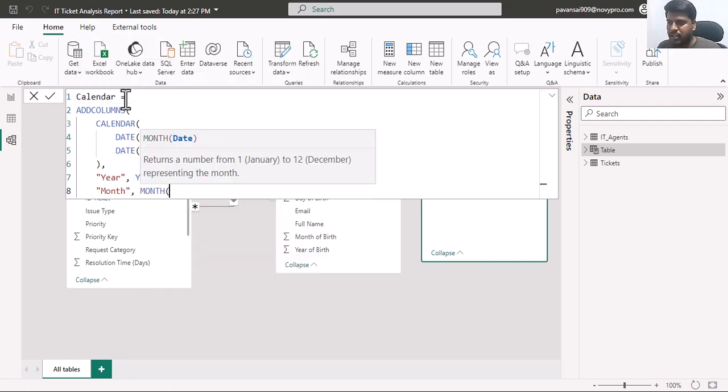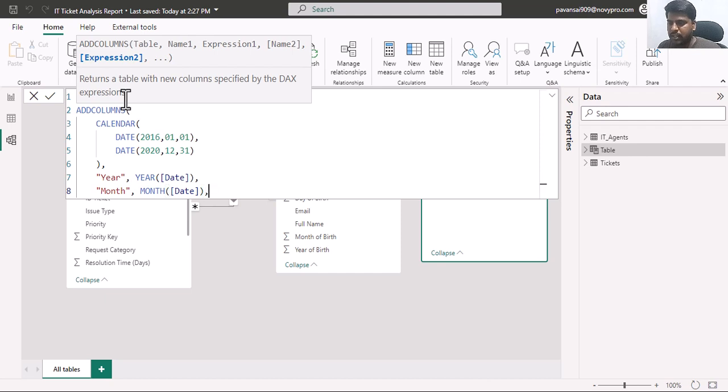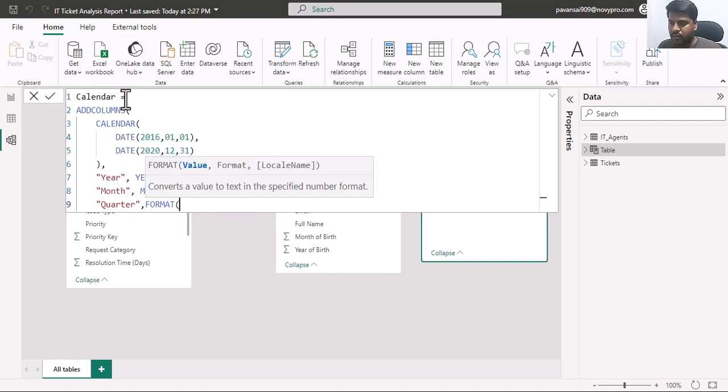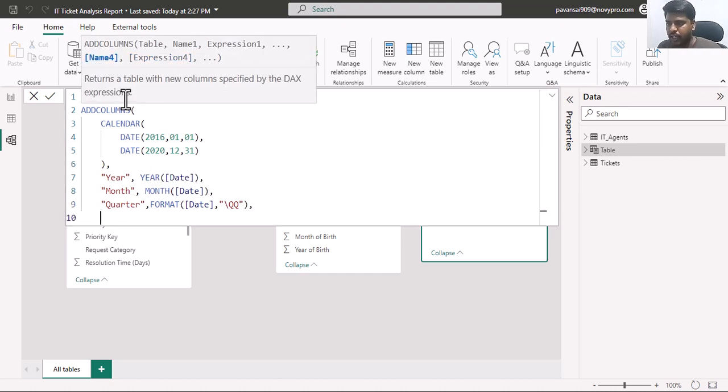I'll write month, and I'll bring in the date column. Close the parenthesis. I'll write quarter. Here I'll write format date, and in the format I'll write backslash QQ, so that I could bring the quarter. And here I'll write